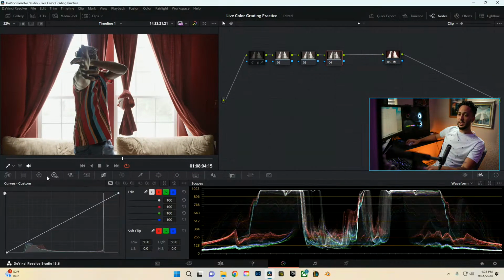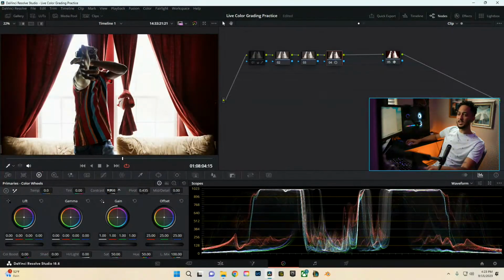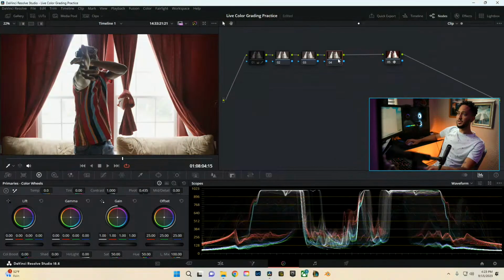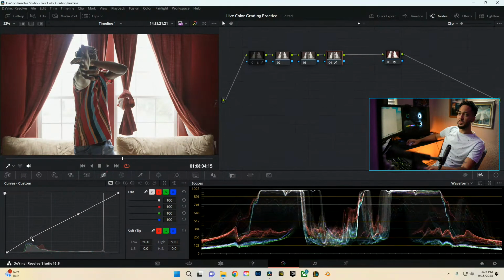You can do this one of two ways. If you just come into here, you can use the contrast knob and mess with your contrast and the pivot and get where you want it. That's one way of doing things. Or you can come into here for more of a custom curve look and make an S-curve, and this gives you more, I guess, freedom as to what parts of the image you want to add